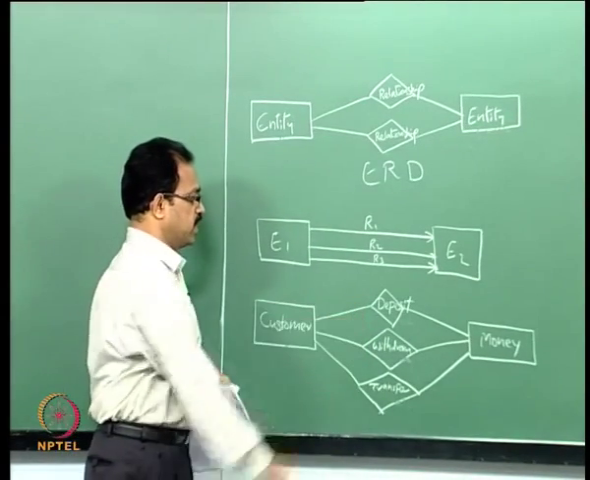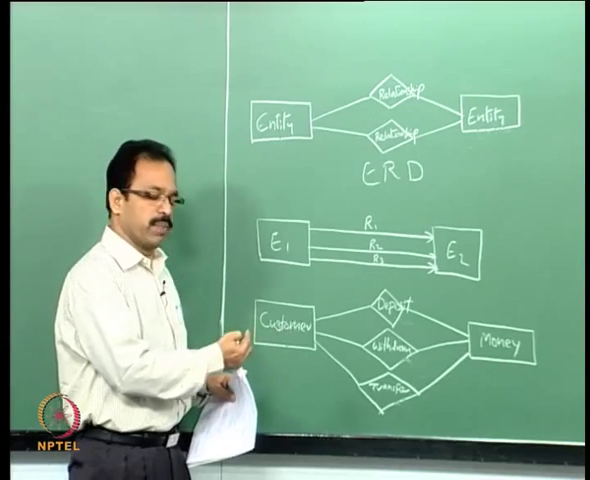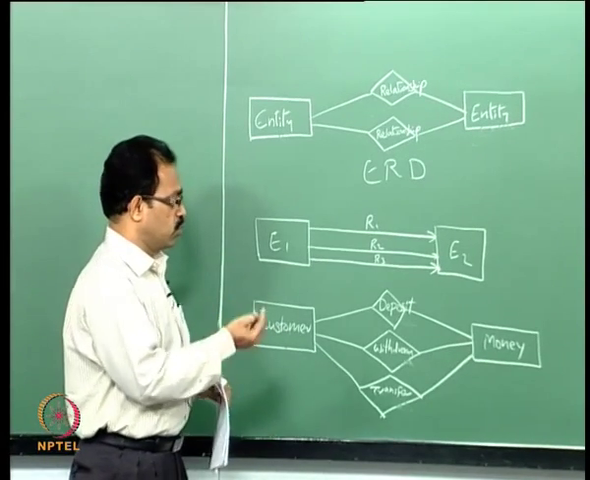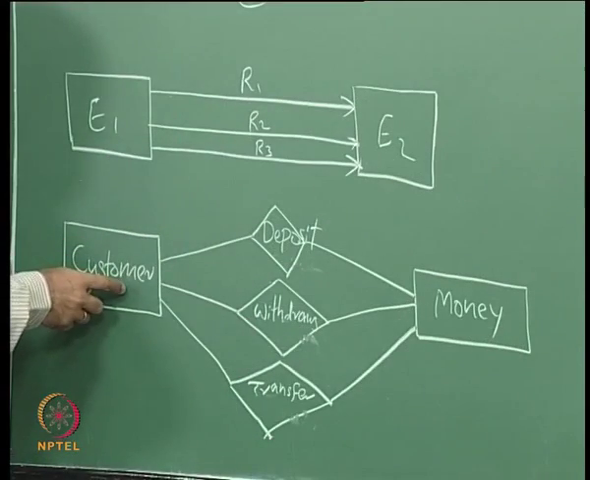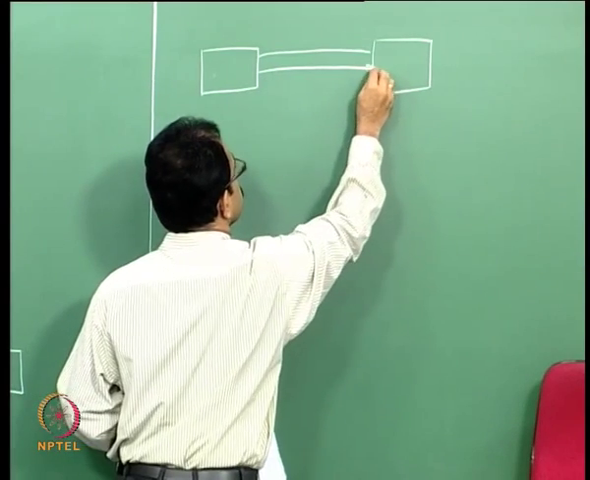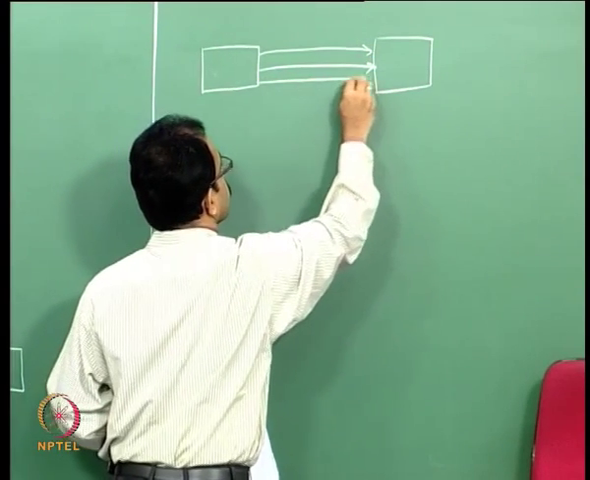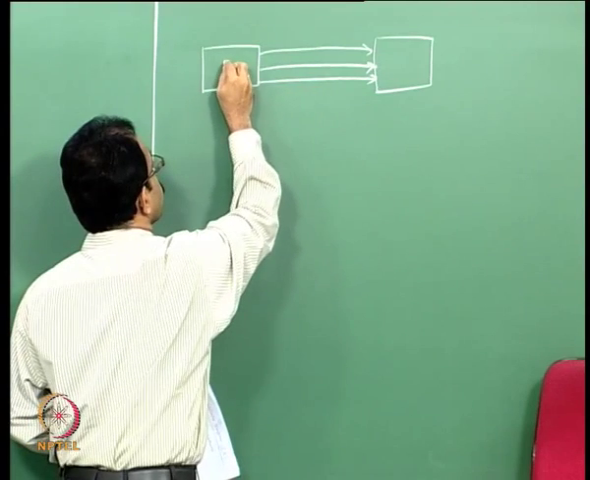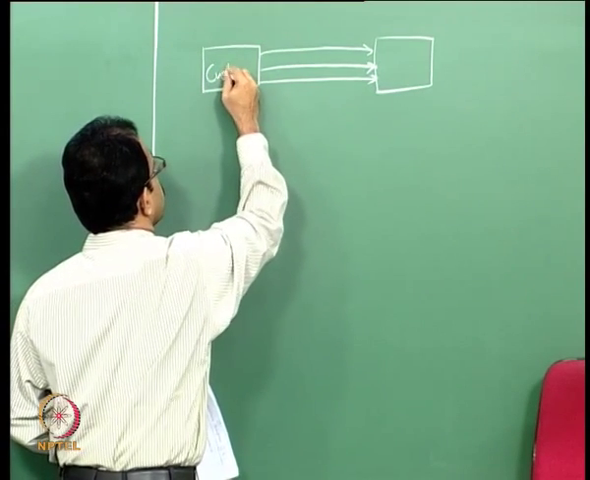We can identify many other scenarios, like a customer wants to make a printout of the account statement, then the entities will be different. Here the customer will be the entity, and instead of money we will have a different entity. And the same relationship can be represented using directional arrows also. So, instead of the diamond boxes, we will have the directional arrows. So, these are the two entities. This is another way of representing the same ER diagram: